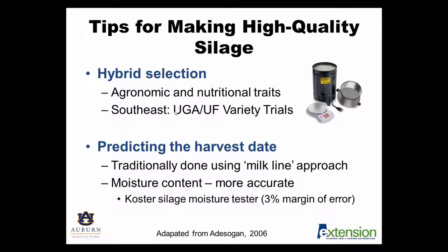A good resource for selecting those is to look at the University of Georgia as well as the University of Florida's variety trials that they typically do with corn silage on an annual basis. They have an annual field day that rotates back and forth between the two states that highlights some of the varieties that do very well in our production environment. Also, whenever we select those varieties, make sure we know how long of a season they are going to provide us. That allows us to better target when we think we're going to harvest